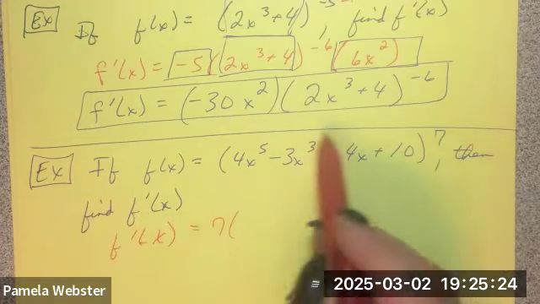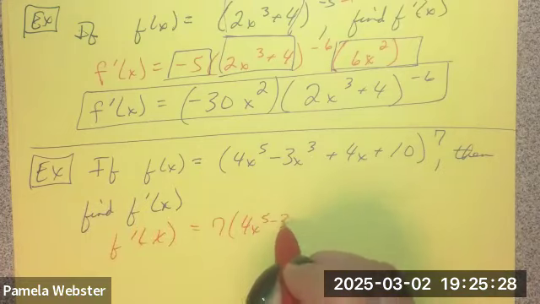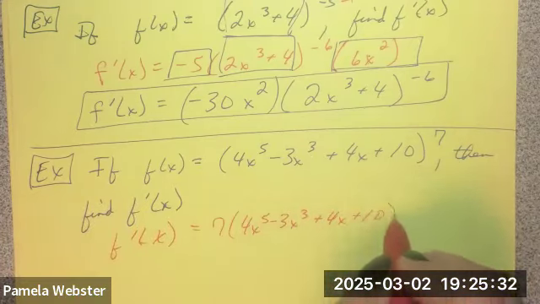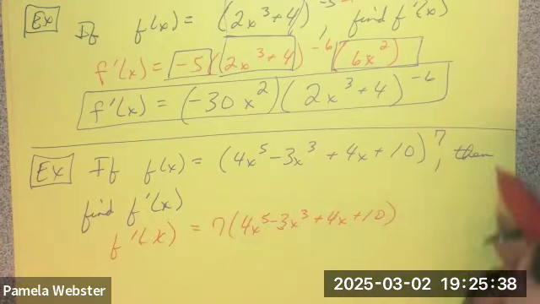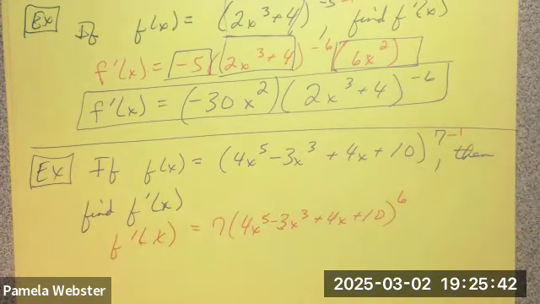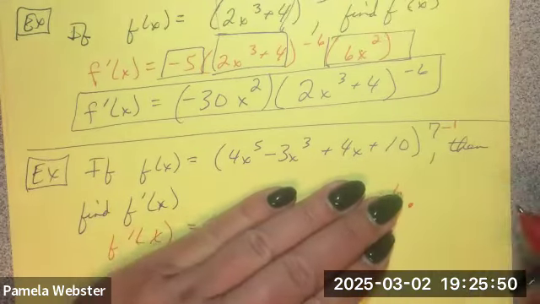You can come back and unpause me in a second and listen to me if you want to. But I say multiply by the 7, leave the stuff on the inside as it is. So just write it all down: 4x to the 5th minus 3x cubed plus 4x plus 10. And then I need to subtract 1 from the 7. So that's a 6. That's the derivative of the outside guy. Now we're done with that. The only thing left is times,